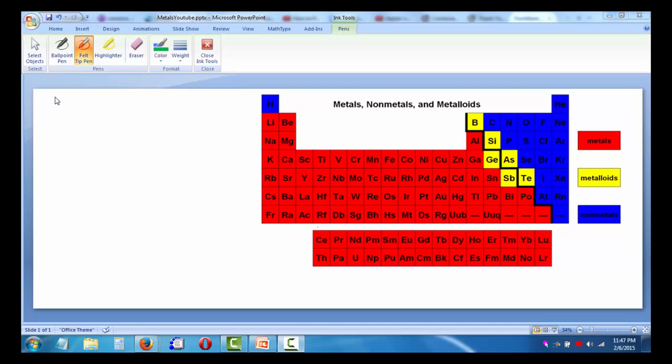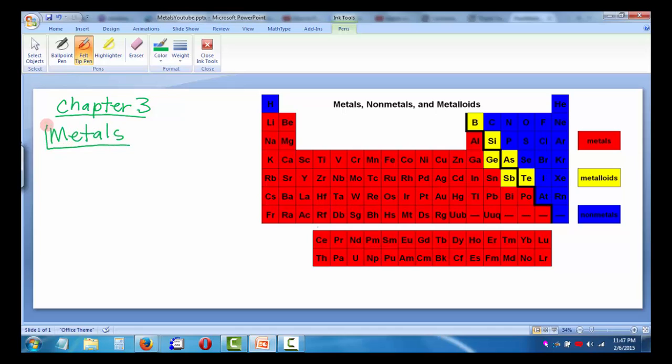Okay, we're starting chapter 3, and this is somewhat of a carryover from chapter 2. So, let's talk about metals, which we've already talked a little bit about already, and some characteristics